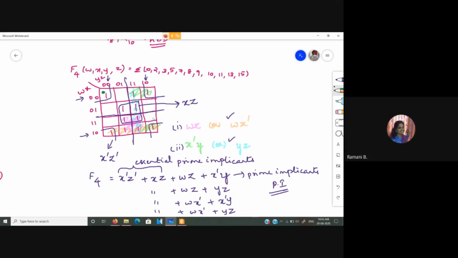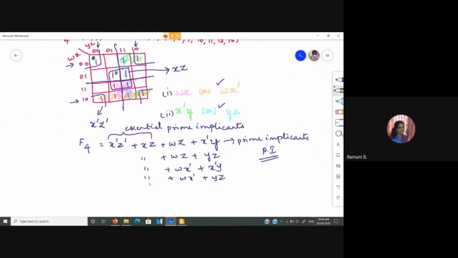With M2, I have different combinations. M8, I have choices. And for this M10 also, I have choices. But this M0, this is the only possible combination. Similarly, this M5, I don't have any other grouping possible. Only these four are possible. Okay? So we call those essential prime implicants. All the others we call prime implicants. So writing the answer in any of these is fine. You will be given marks based on that.